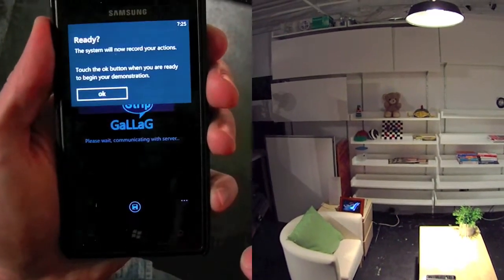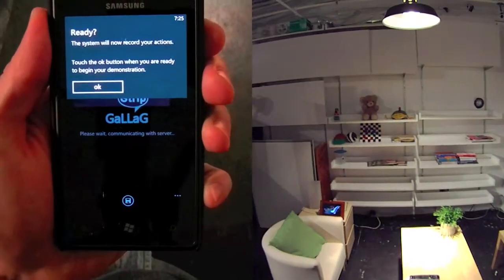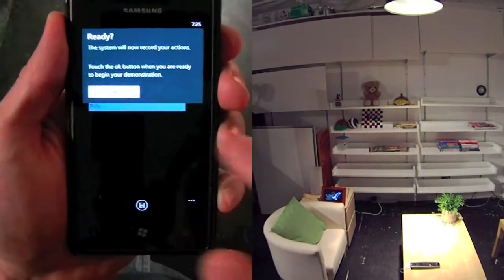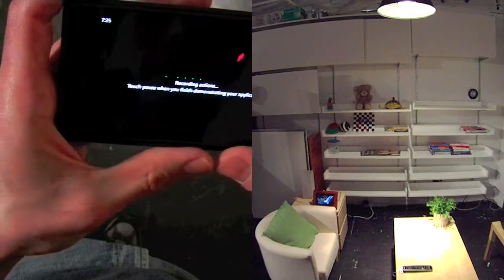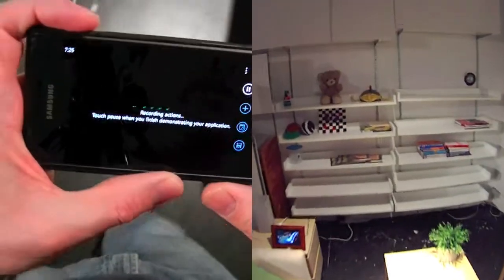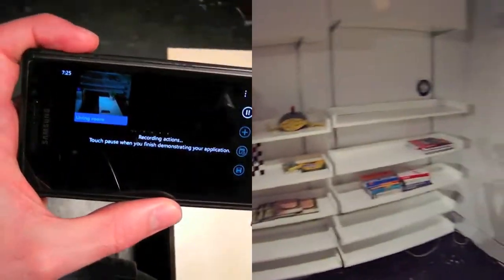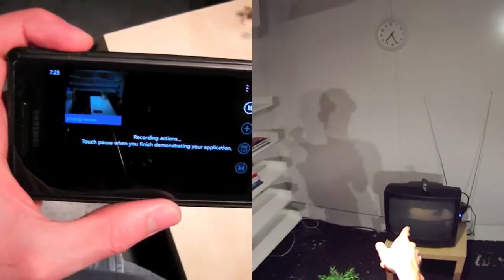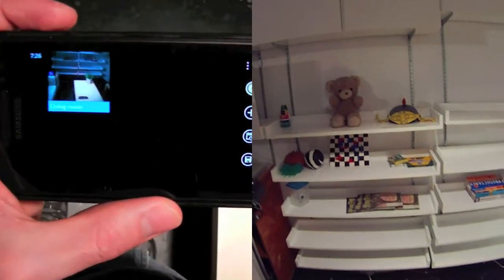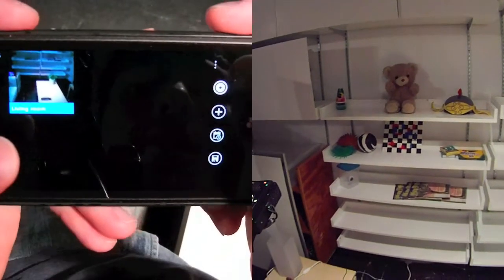Now I'm gonna save it, and it is asking me if I'm ready to demonstrate my application, and it is also saying that it will start recording my actions. So I'm gonna touch OK, and the application is now recording my actions. I'm going to get into the living room, and I'm getting an action frame from the motion sensor on top of the TV over there. So I'm gonna touch pause because I don't want to record any other action,